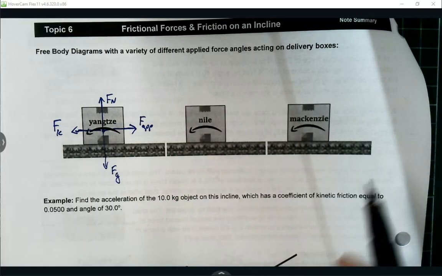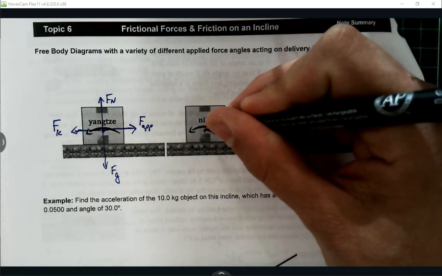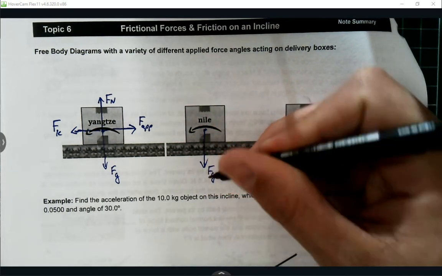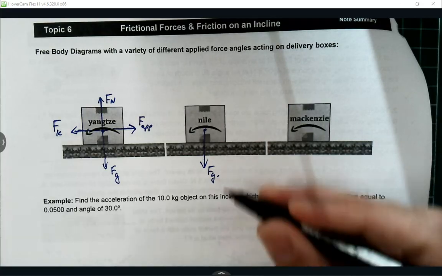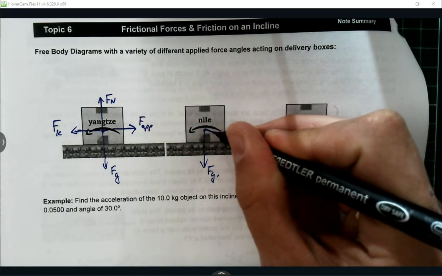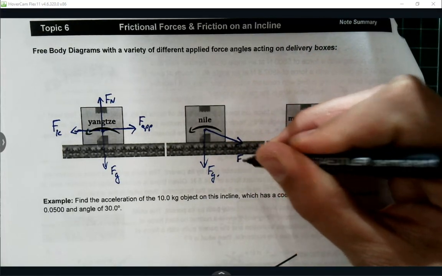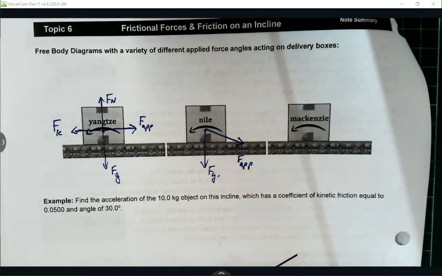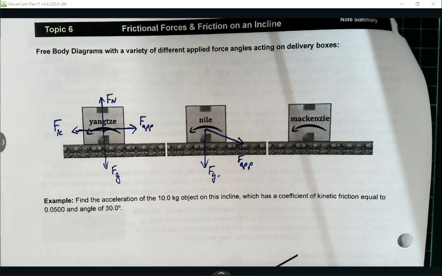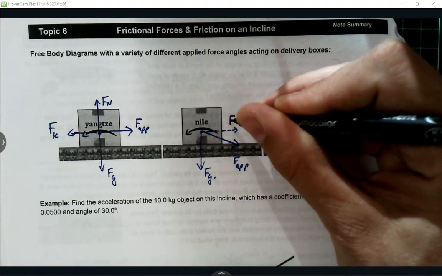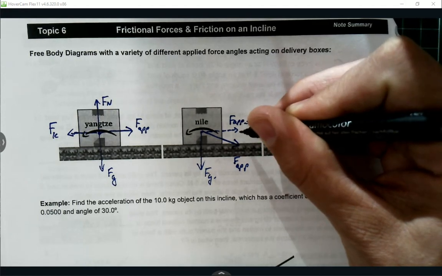Let's take a look at this one. This is one where we talked about this a little bit yesterday. If it was a box with the same mass, this Nile box, the FG would be the same. However, if I were to take an applied force and apply it, and we're just thinking qualitatively here, I have my applied force. I'll label it down here because it's outside of the graphic. F applied. How could I decompose this force? Break it down into X and Y. Yeah, so F applied X and F applied Y. So we could have FAPX, FAPY,